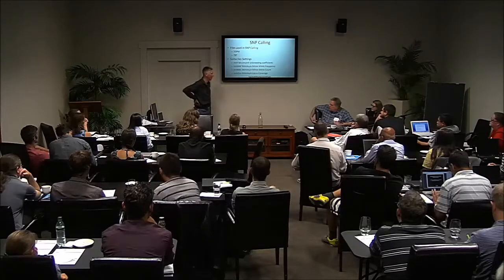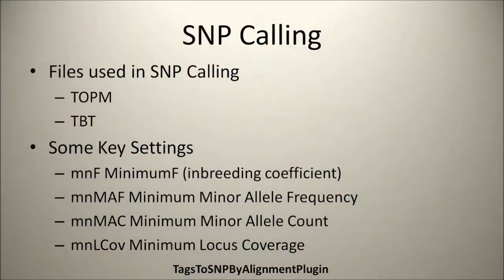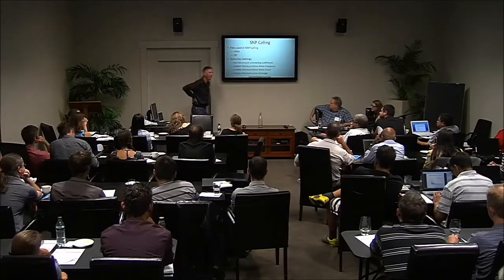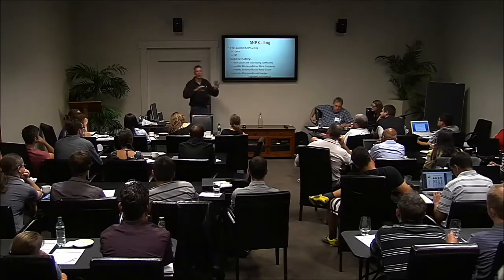Haploid. Haploid, I think you'd want to have the minimum F up high, just like an inbred line. So you would never expect to see a heterozygote there. So you'd have min F at 0.8 or 0.9, or I wouldn't necessarily put it at 1, but yeah. Okay. So the other thing that sometimes I forget to talk about is, so we've aligned all this stuff to